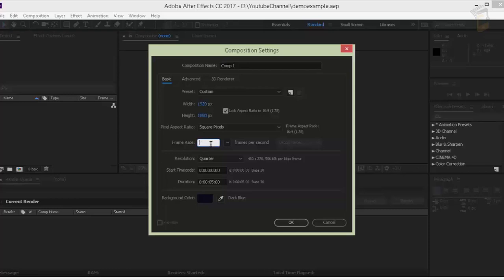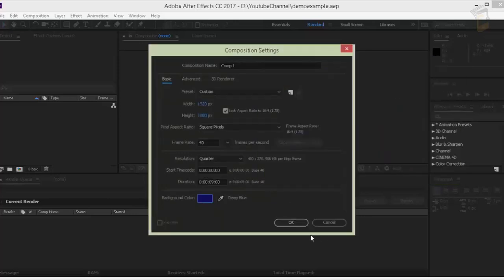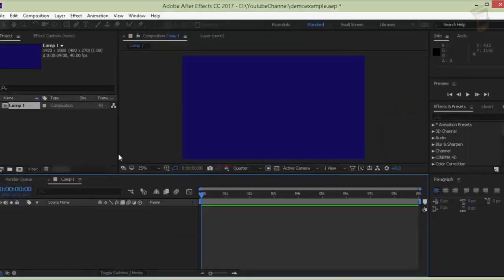I'm giving 40 frames per second here, then resolution, start time code, and duration of your video. I'm giving 9 seconds. Background color you can change from here, and click on the OK button. So this one is my composition